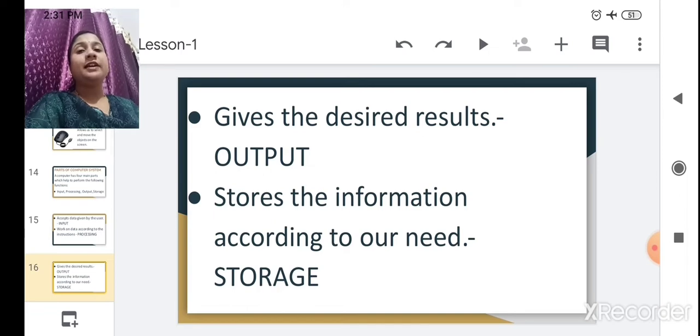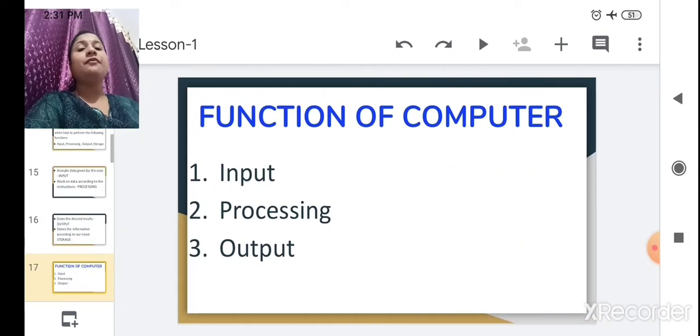Output is the exact result after processing the data, which is shown on the monitor. And if we require this data after some time, it is stored, and that is the storage. Got it? The functions of a computer are input, processing and output.